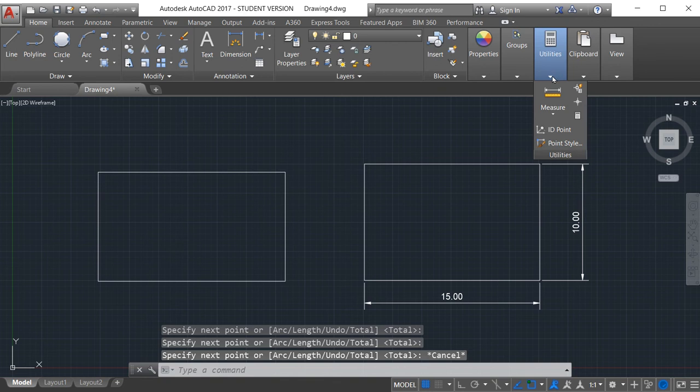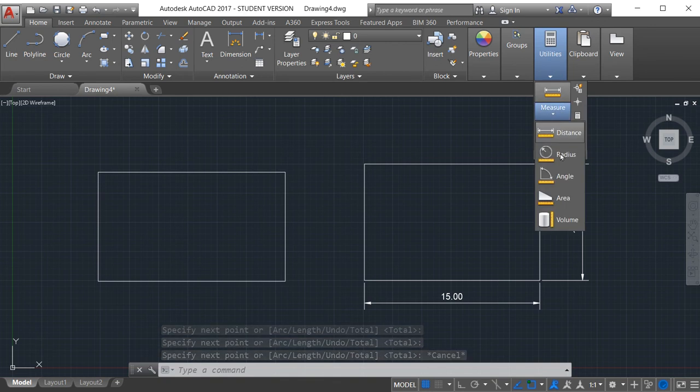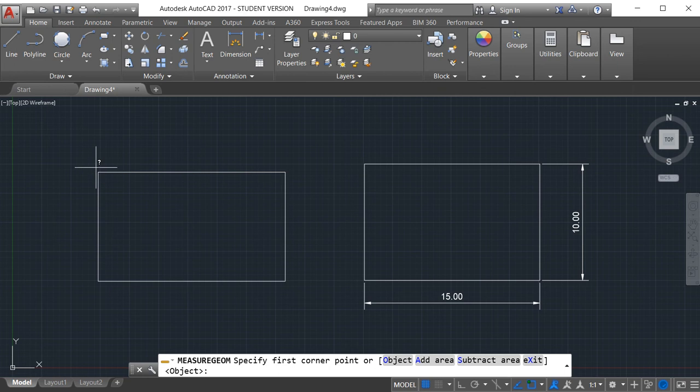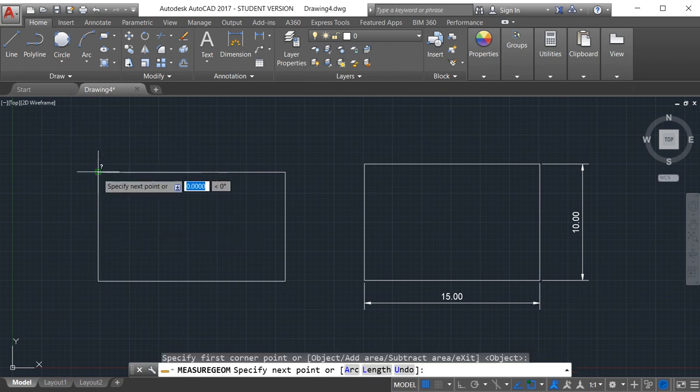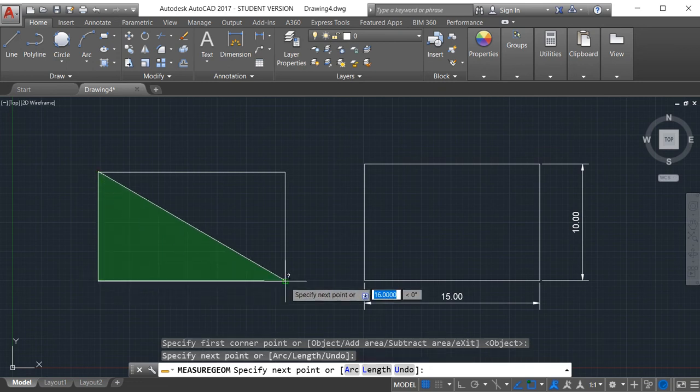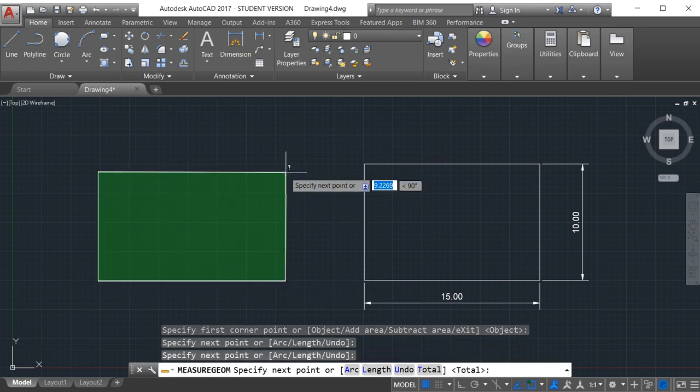Press on utilities, then measure and select area. So we have given an area of 150. We are going to see whether the given area is correct or not. Specify first point, second point, third point, and fourth point.